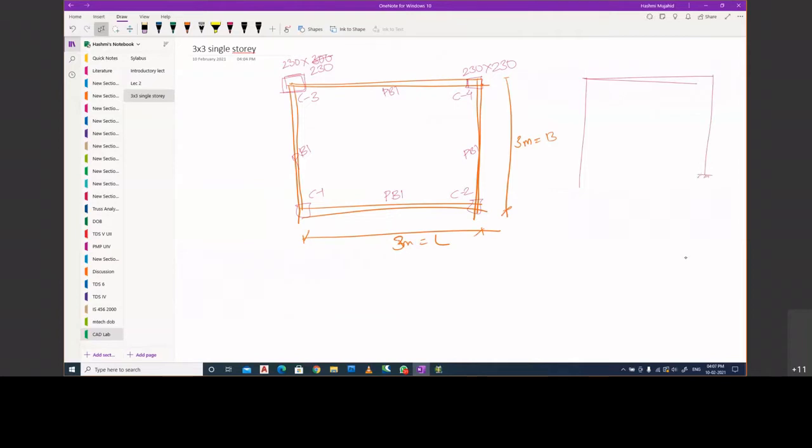Somehow we are going to consider a plane beam at this level. Assume this is 1 meter. Let us go for 1.5 meters instead. And then we will take this distance as 3 meters. So the superstructure is at a distance of 3 meters. So we have our plane beams at this level, ground level. This is your PB1, and you have your floor beams over here. Let us call this FB1.